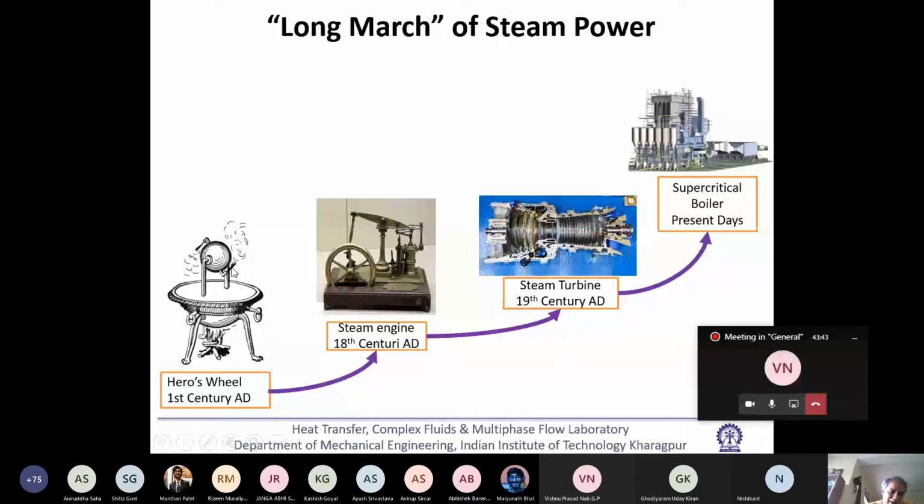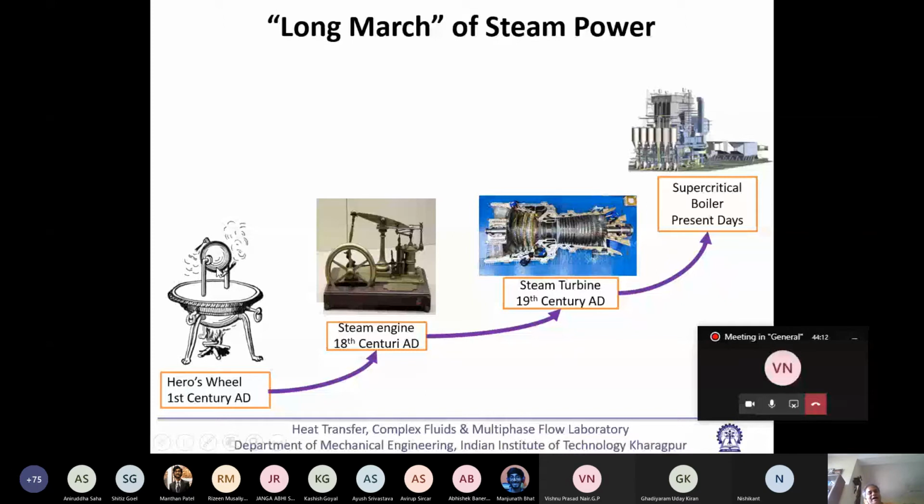But the fine engineering you can see later on, when people wanted to recreate it, they really had difficulty. The main thing is that here there is some sort of a junction between a stationary object and a rotating object. Then there is another thing also: if this steam goes inside, there will be condensation. So people could make it, but they could not make it run continuously.